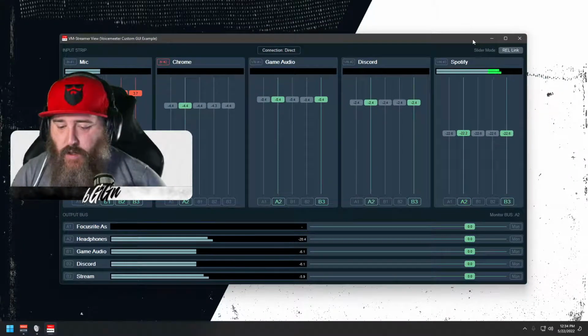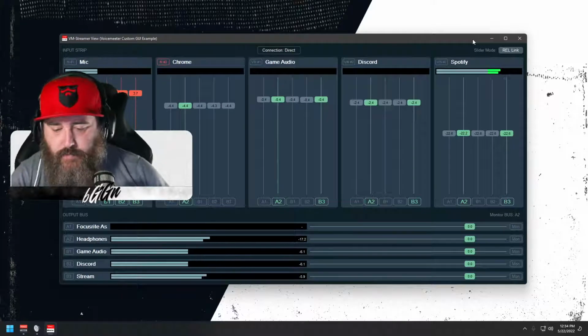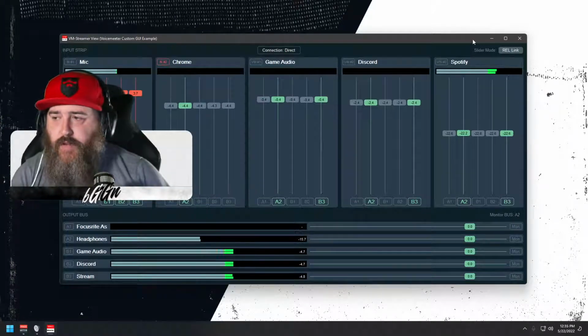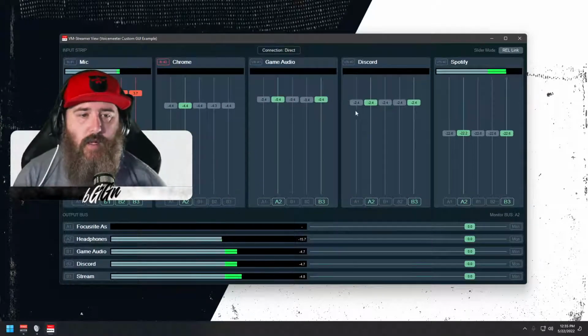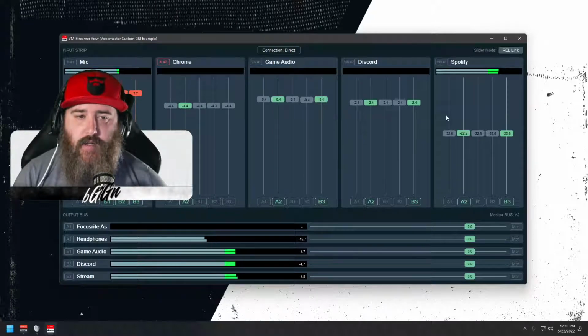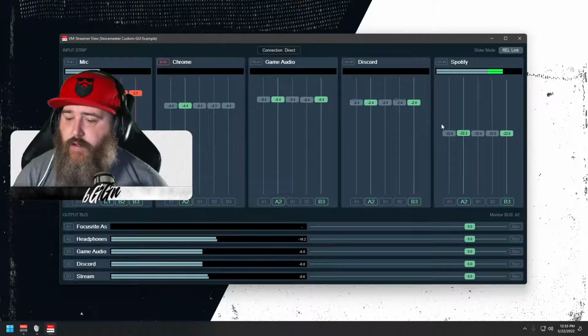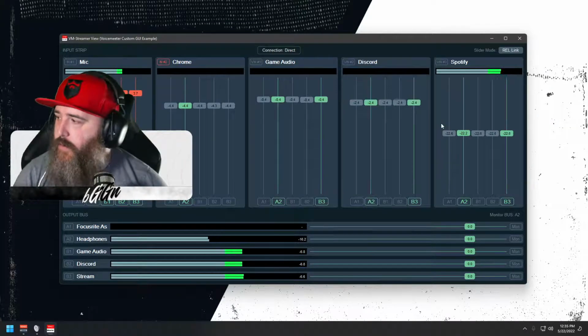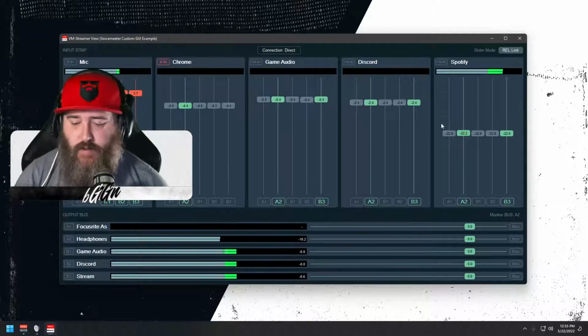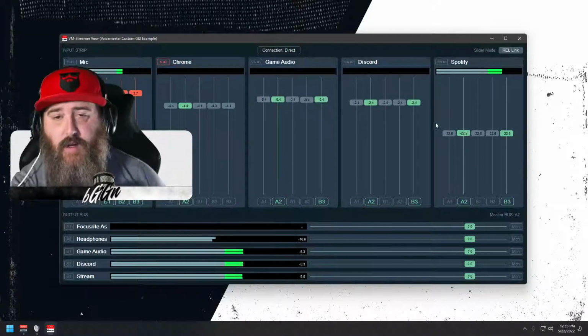Now, one of the biggest helpers for this, because you don't want to be fumbling around with your mouse while you're streaming and adjusting individual sliders. Kind of obnoxious. You can do it, but people like simplification. And one of the biggest tools that helps with this, that kind of makes this in line with a GoXLR, and